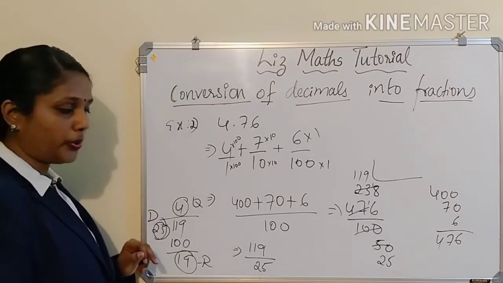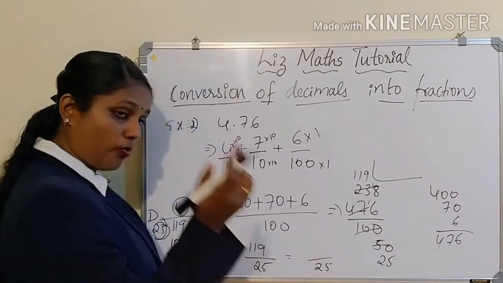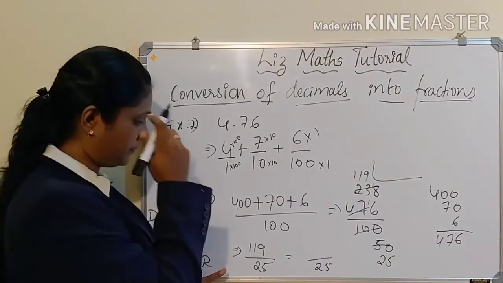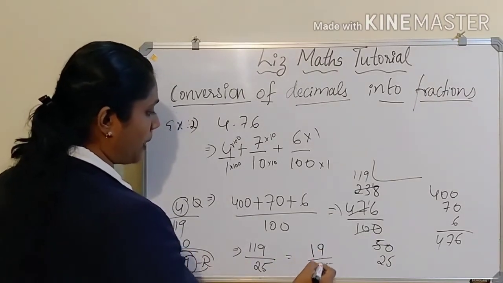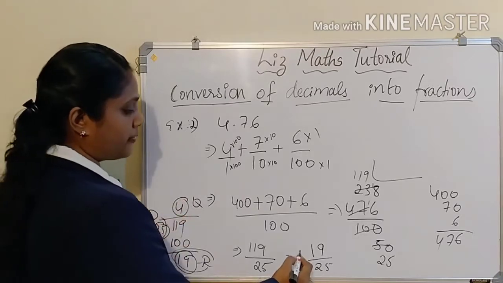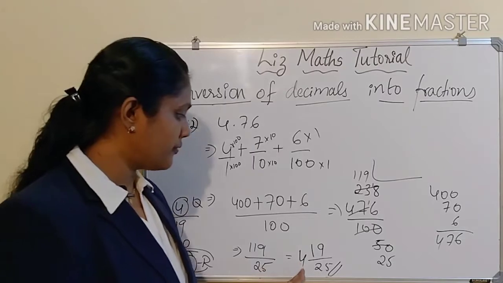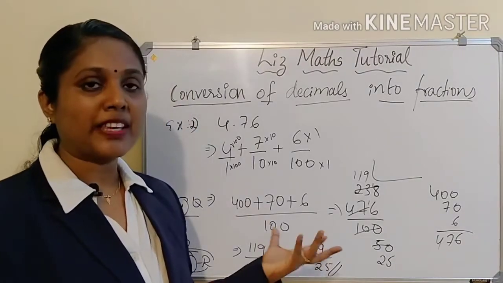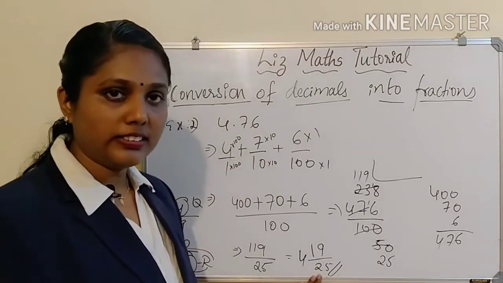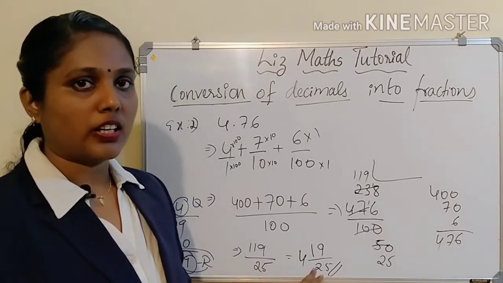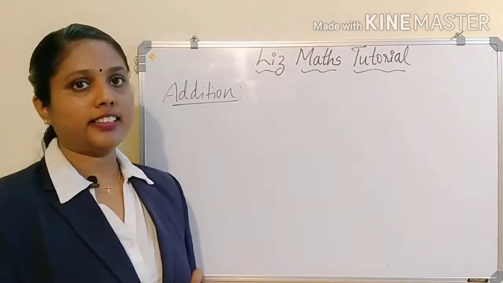So we have told you how to write this. Divisor is always down, and what you have in your remainder, that is the remainder, you have to write it on the top, and the 4 you have to write as a quotient. That is on the side. So here 4 19 by 25 is the perfect answer for this. So how we have converted this into this? Hope you understood. Okay. So now let us see how to add the decimals.